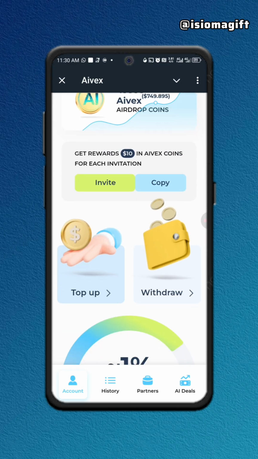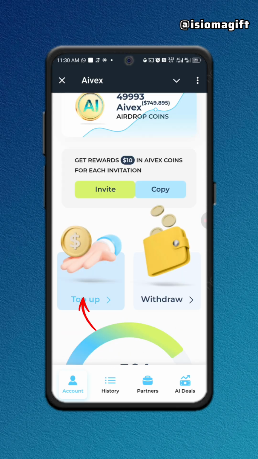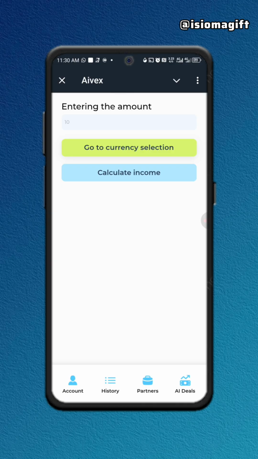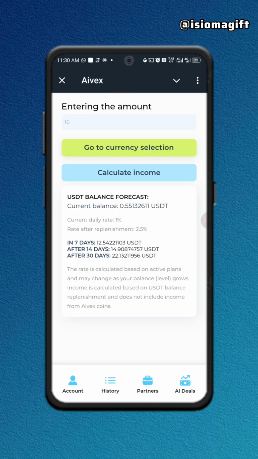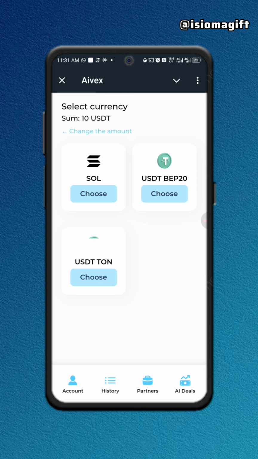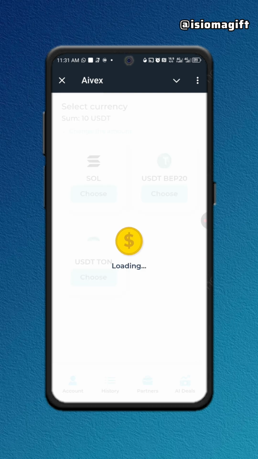So for you to make that deposit, come here, click on this top up section, then you can easily go to the currency section. Okay, this calculate income is when you want to calculate your investments, like what you're supposed to be getting. All right, so just come here, click on this, choose USDT BEP20 to make your deposit. Now minimum deposit is $10.